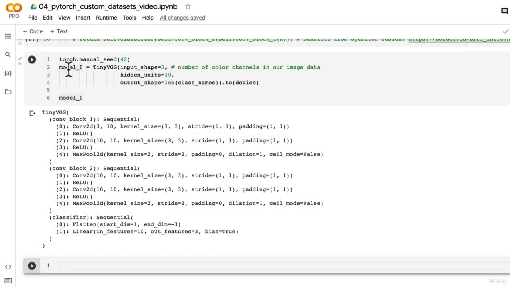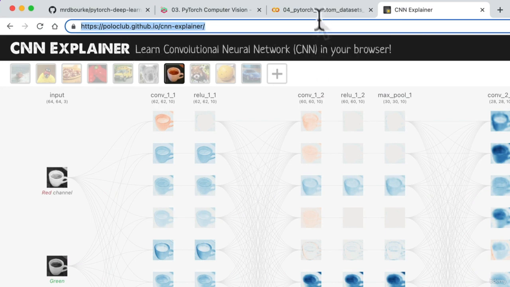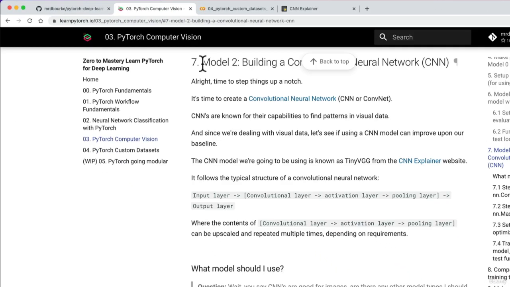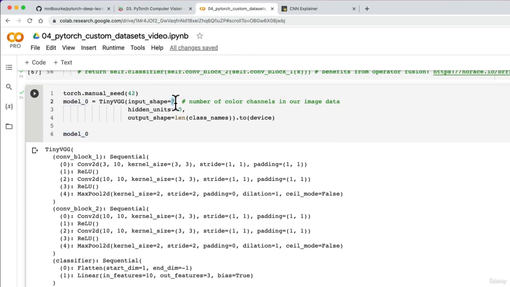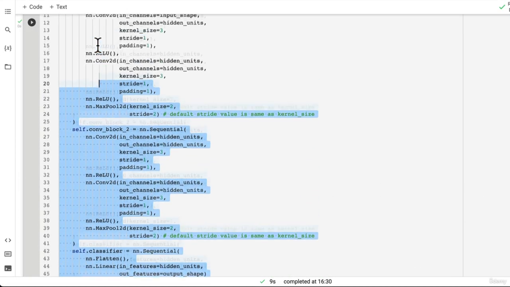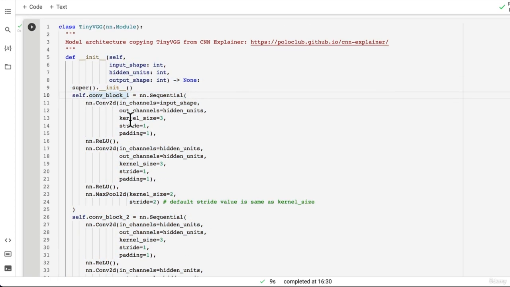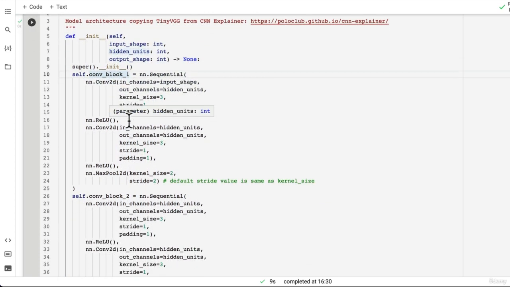In the last video, we replicated the tiny VGG architecture from the CNN Explainer website, very similar to the model that we built in section 03, but this time we're using color images instead of grayscale images. And we did it quite a bit faster than what we previously did because we've already covered it, right? And you've had some experience now building PyTorch models from scratch, so we're going to pick up the pace when